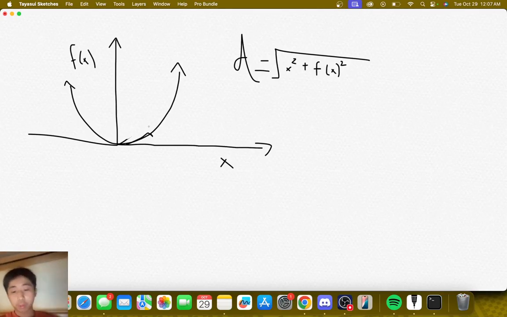we're gonna have to use both integrals and derivatives in order to find the length of a curved graph. And like the example I showed you earlier,